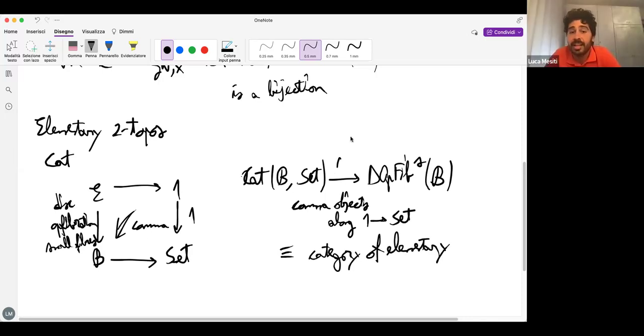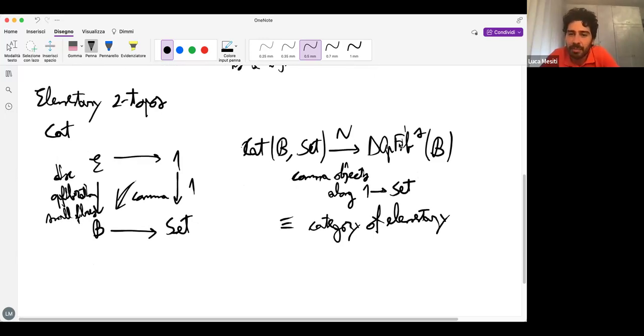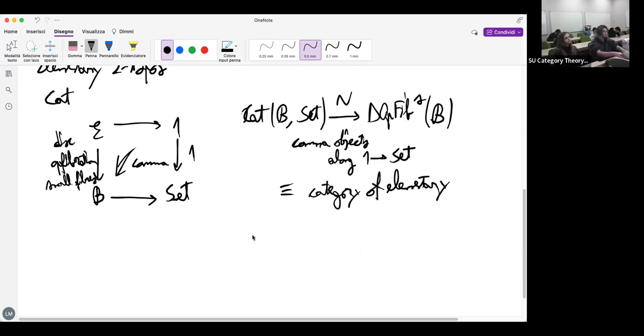And this is an equivalence of categories. Now, if you don't know what a discrete opfibration is, well, it's just a reorganization of the data of a copresheaf, a functor into Set. But you can also